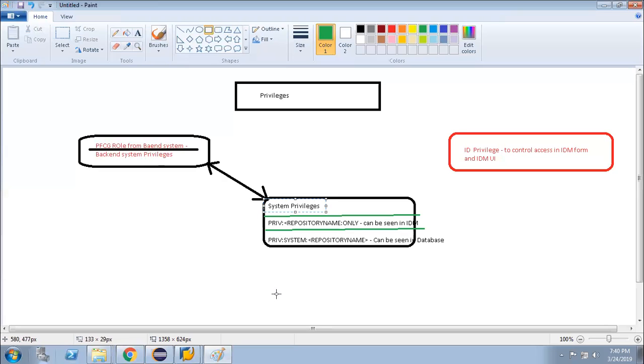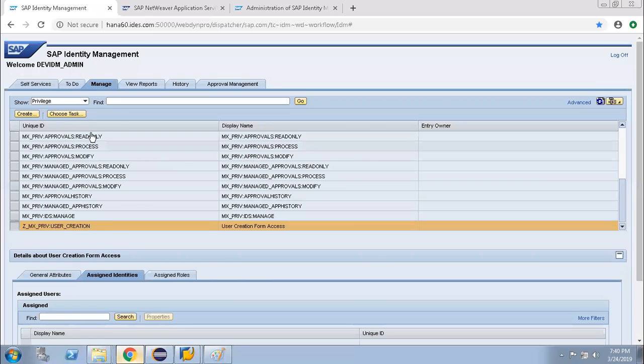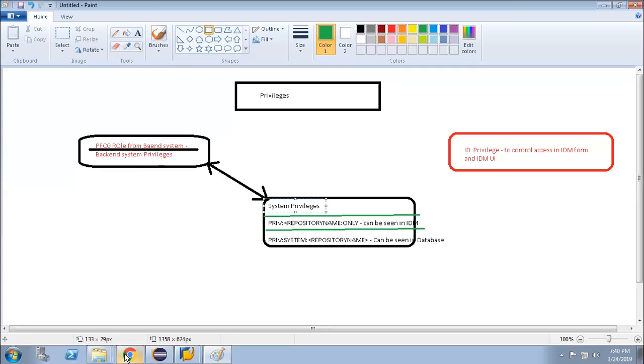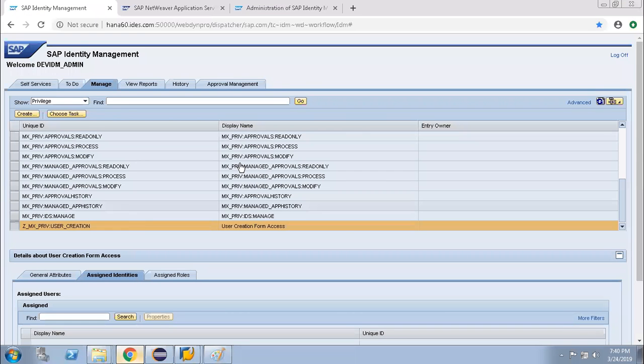Now, going back to the system. I can see these privileges are present only in IDM, and since they are only present in IDM, they are called IDM privileges. Now, how will we bring in the backend system privileges?